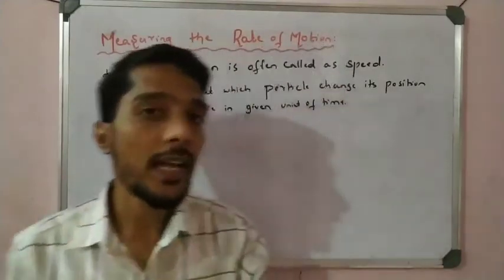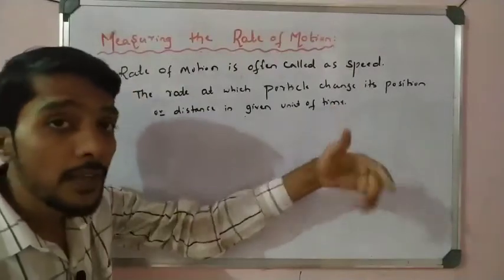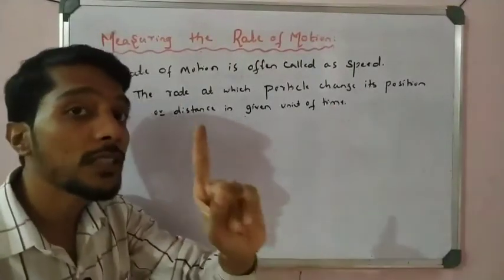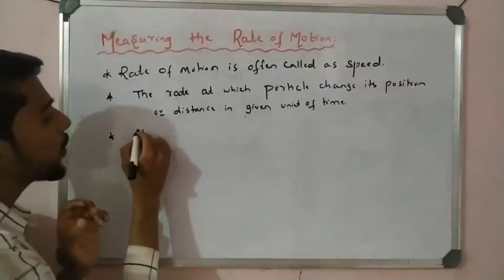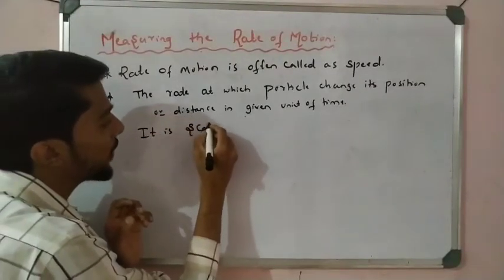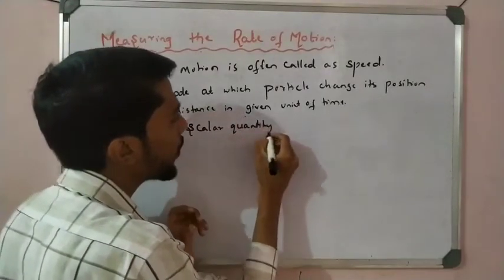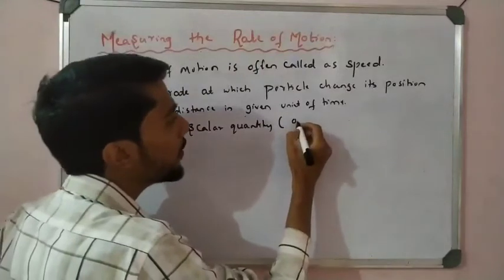Okay, we avoid the direction. So that is in speed. So then if there is no direction in speed, only magnitude, what is that called? It is not a vector quantity, it is a scalar quantity. Okay, what is a scalar quantity? I can write here in brackets: only magnitude,